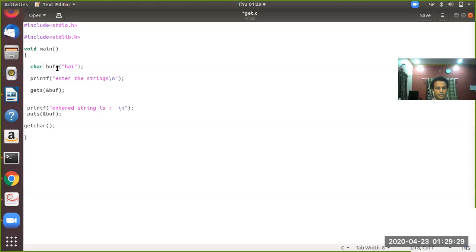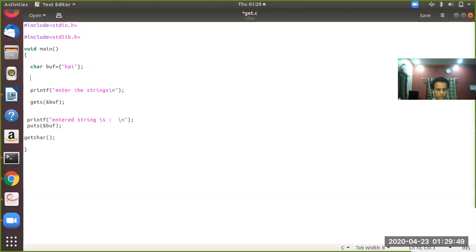So my purpose is to store a string. That is why I'm adding a pointer here. Still, the pointer concept is not covered for you all, but you can understand that if you declare char buff, then you can assign a single character. This is correct.